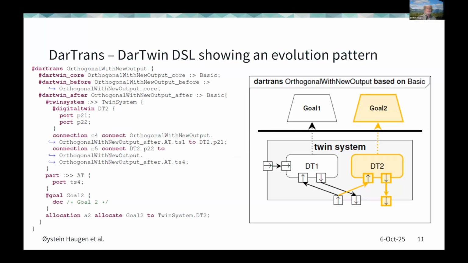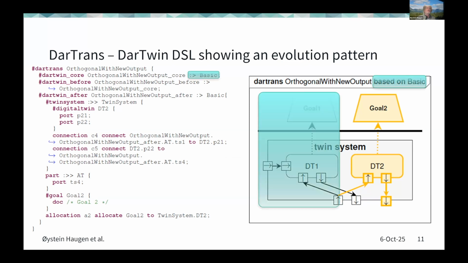So a dot trans is a transition from something that was before to something which will happen through an evolution. And the way that is done is by